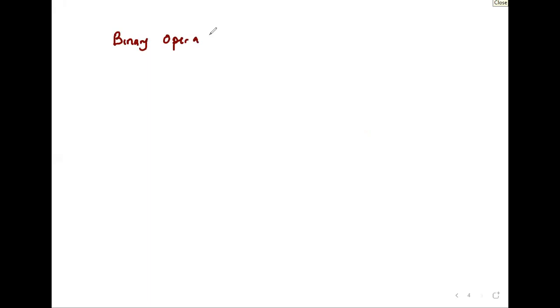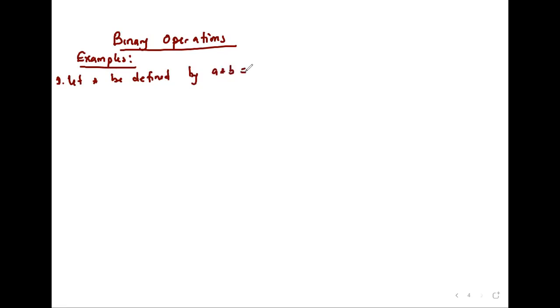Whatever they give you for binary, for example: let star be defined by A star B is equal to 2 to the power AB, on a set of real numbers. Then they say